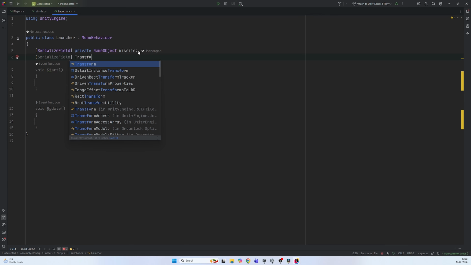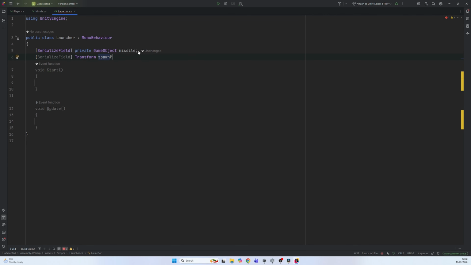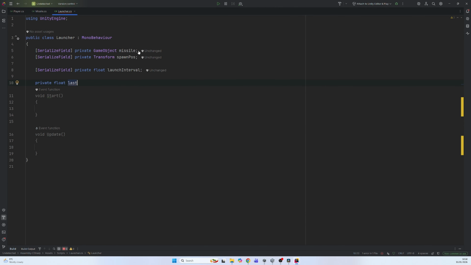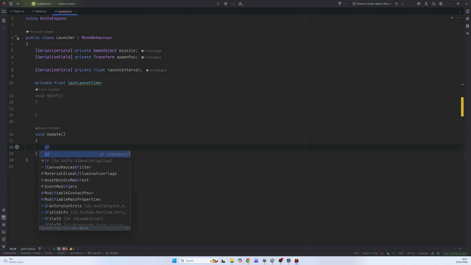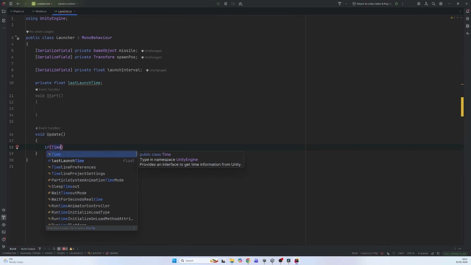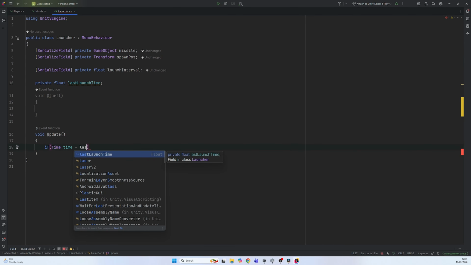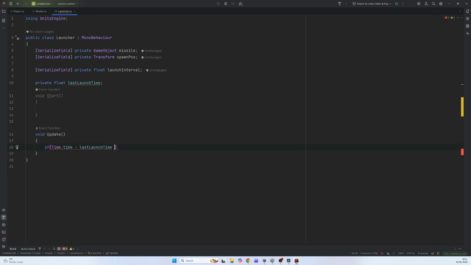Also we'll add our spawn point transform, which is where the missile will be, you guessed it, spawned, and a float for the launch interval, which is the launch frequency. We'll also add a private float, last launch time, which we'll use to calculate when to launch a missile. Now in the update function, we'll create a condition that if the difference between the current time and the last launch time is larger or equal to the launch interval,